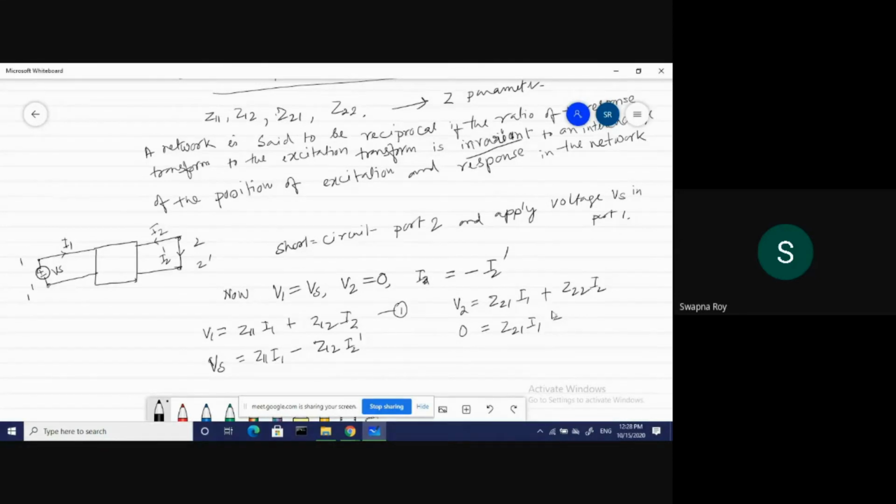So this will be Z22 I2 dash. This is equation 2. So I2 dash is equal to